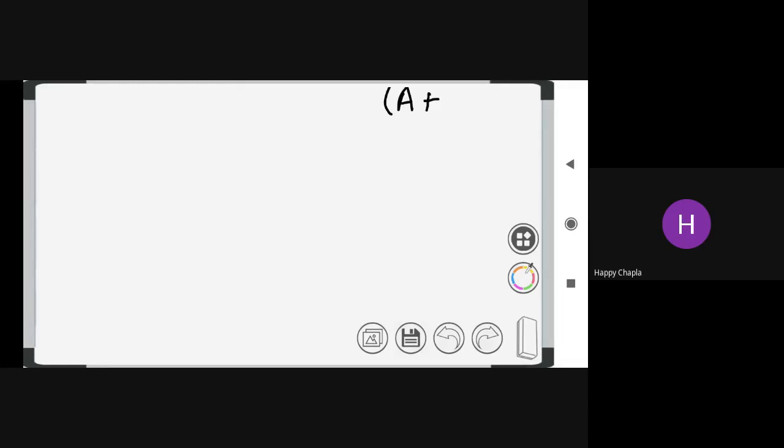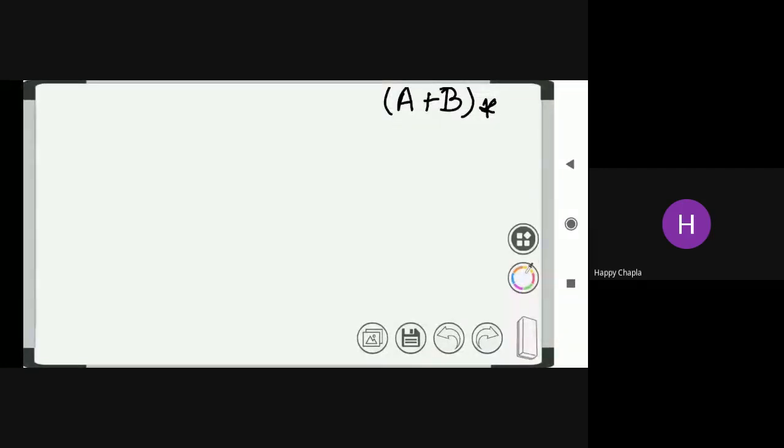A plus B, multiply, okay, remove multiply. That is power C. Okay, put a star, it will be better for you.